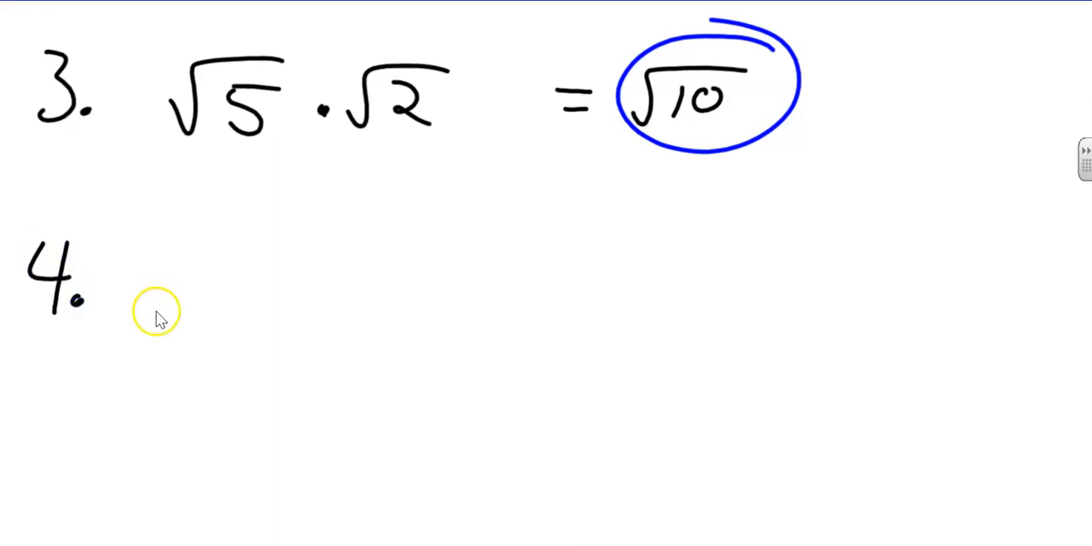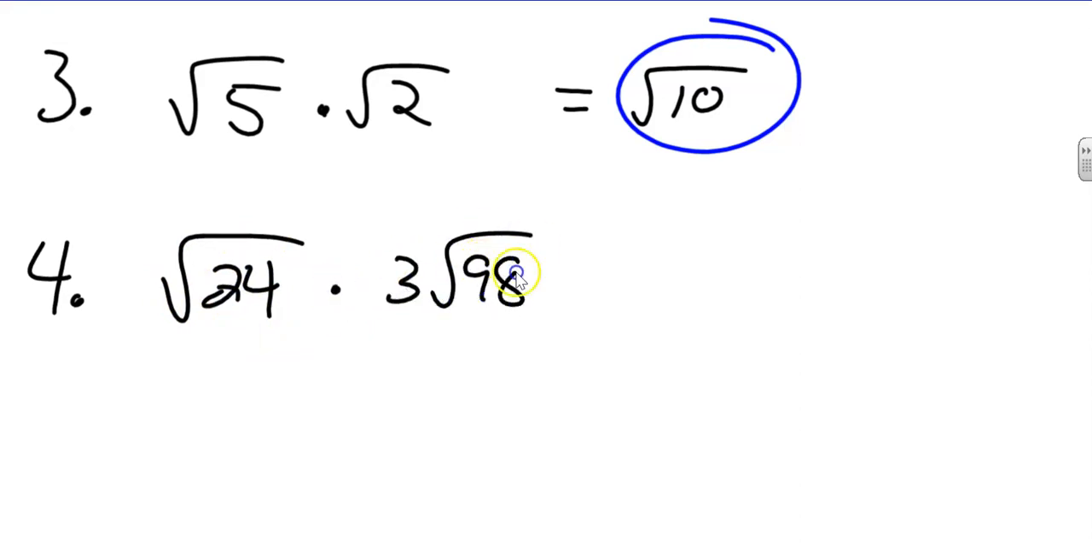Okay, now number 4. This is one that you actually can break down a little bit. You've got square root of 24, and I don't know why there's an X in the middle of that. That is, to me, a little bit confusing. 24 times 3 square root of 98. Okay, now you can go back and multiply these together first. But if you look at a number and you go, well, I can break that number down, do that first,